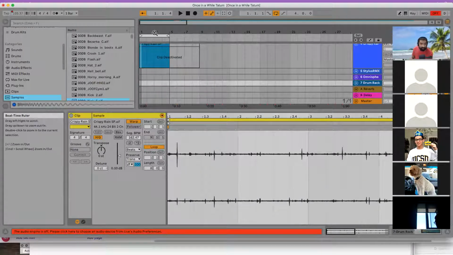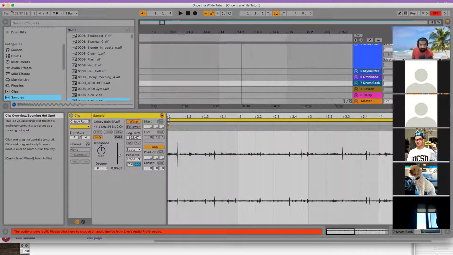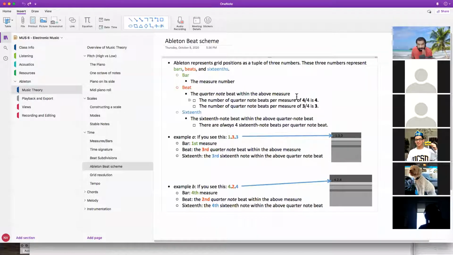These right here are just the measure numbers, right? 1, 3, 5, 7, 9. I'm just counting up through the measures, right? If I zoom in, I start seeing 2 numbers. If I zoom in even further, I start seeing 3 numbers, okay? And this is what I'm referring to, these 3 numbers. So what these numbers represent are bars or measures,